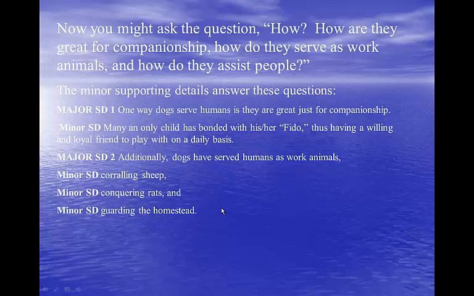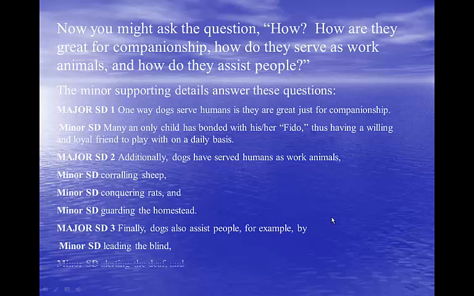And guarding the homestead, I have a miniature poodle who does not let anything come within 25 feet of our house before she goes bonkers. And the third major supporting detail, they assist people: lead the blind, alerting the deaf, and alerting epileptics of impending seizures. I think we've all seen the work animals and know how hard they work.